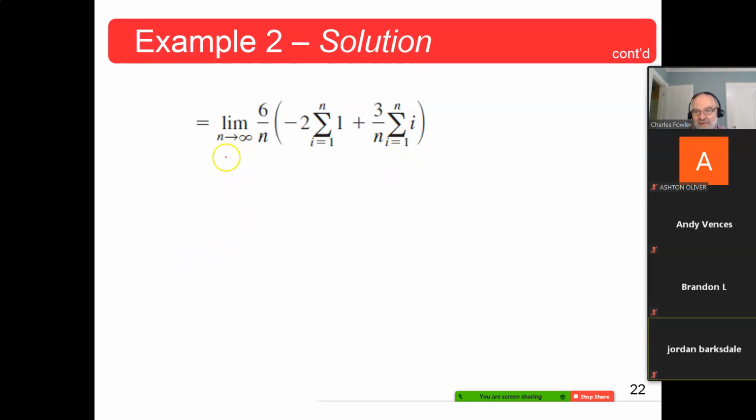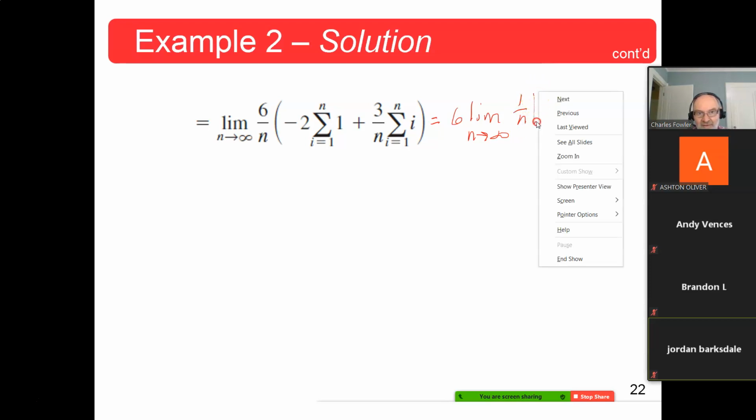Now, carrying this on a little further, seems like to me they should take that 6 on the outside, but I won't argue with it there yet. Okay, so that'll be the limit of this. I would do 6 times. Let me go on and do it. Okay, just doing the way they did it. That would then be 6 times the limit as n approaches infinity of, okay, 1 over n, and then this first summation here,